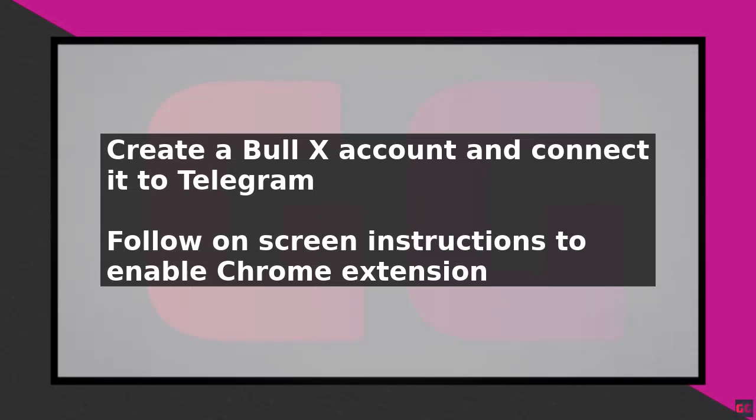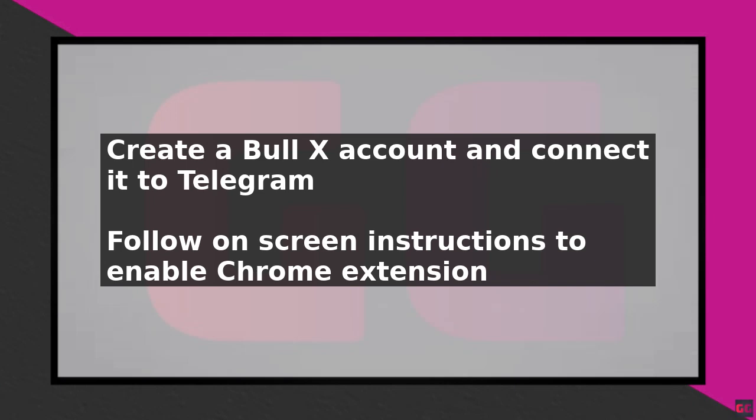To connect a BullX account to Nova, you will first need to create a BullX account. Once you have done so, you will need to connect it to Telegram by following the on-screen instructions. Next, go to the Nova website at click.trade on nova.io and click on Download for Chrome to enable the Chrome